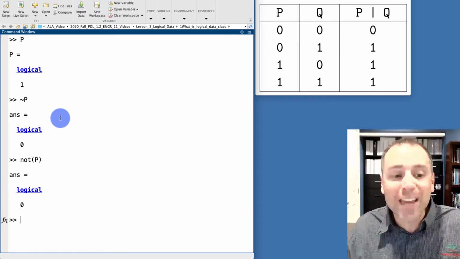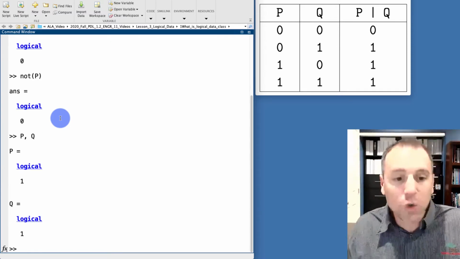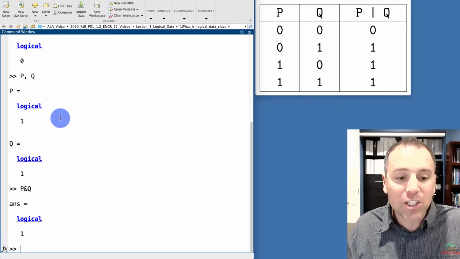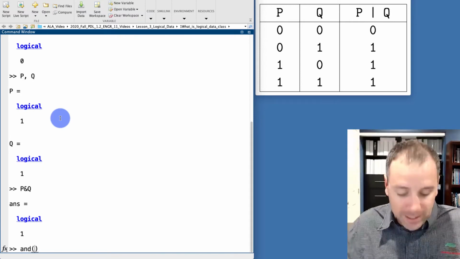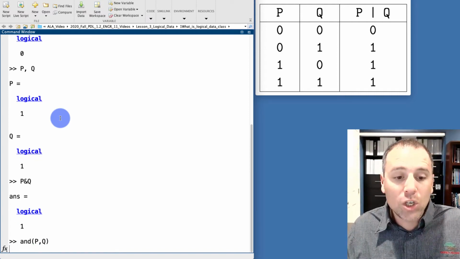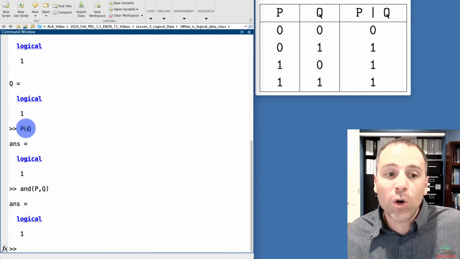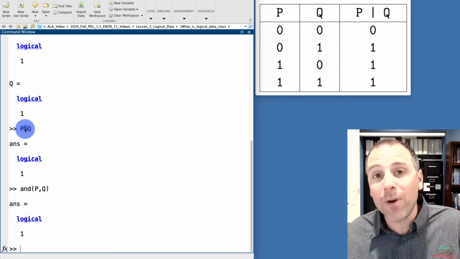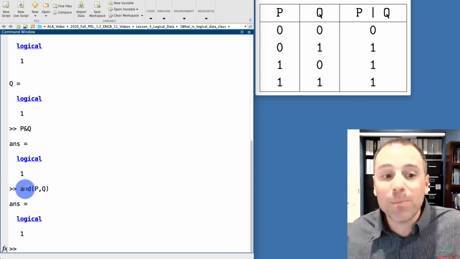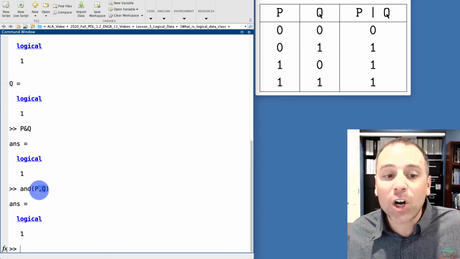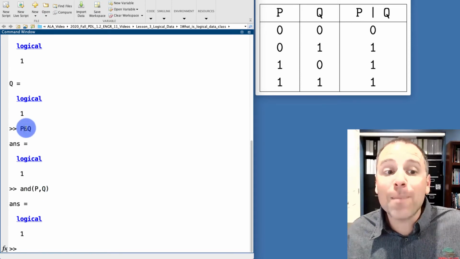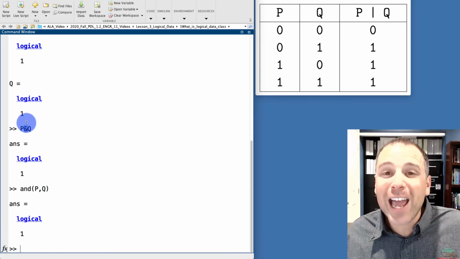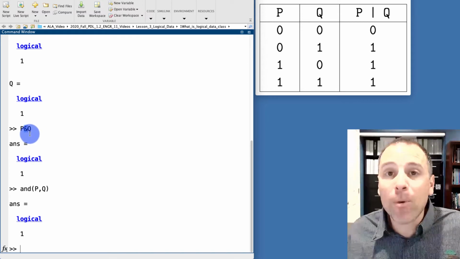I saw the same thing with the AND operation. Right now, P and Q are both true. When I type P and Q, I get true. I could also type and(P, Q), and that also gives me true. In other words, this ampersand is known as an operator. It's a symbol that allows us to do operations, whereas this is called function notation because I'm using that classic function name, open parentheses, inputs, close parentheses. These things inside are called the function inputs. When I'm using operator notation, the left and right components are known as the operands to that operator.